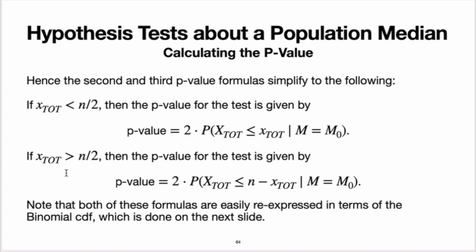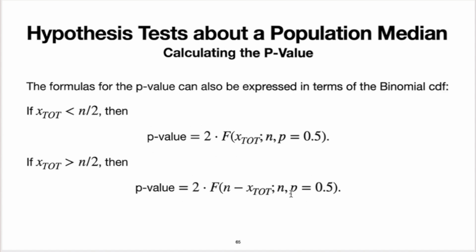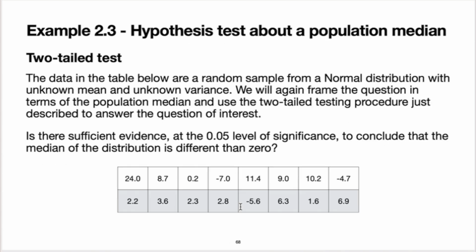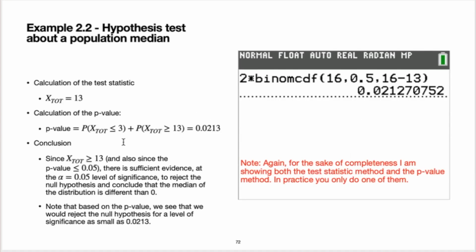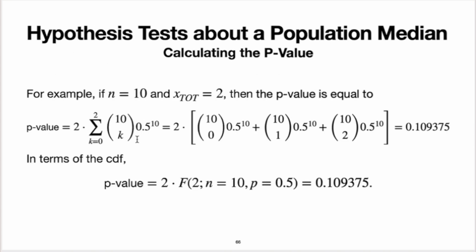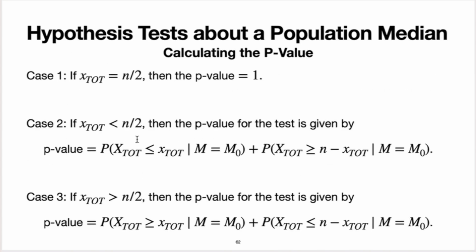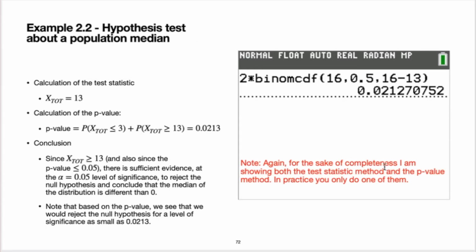If X-tote is greater than n over 2, then the formula for the p-value is given here. If we express this in terms of the CDF, it's going to be 2 times the CDF evaluated at n minus the observed value of X-tote. Let me go back a little bit further. Before we did the simplification, here I'm actually using this formula right here. You can use any of these, as long as you do the calculation correctly, and you'll get the right answer. Okay, so we get a p-value of